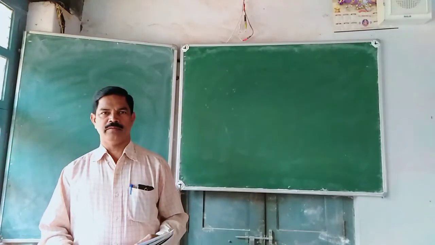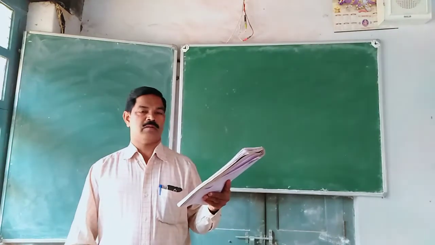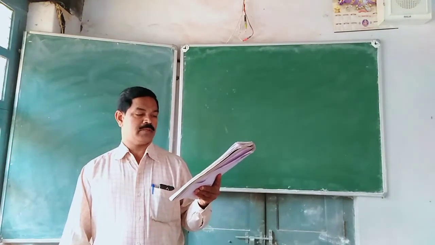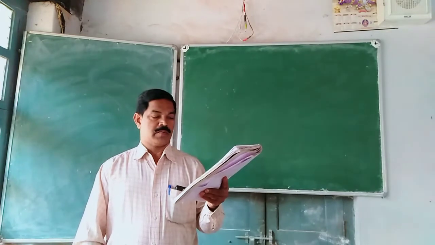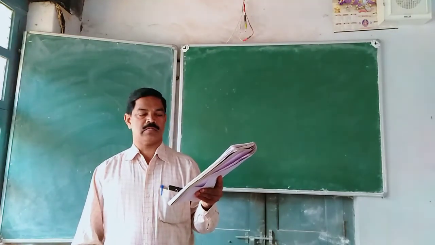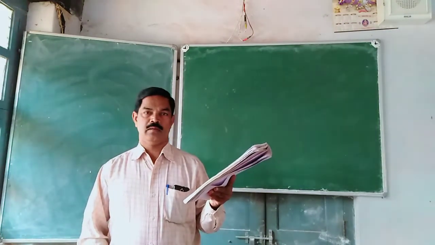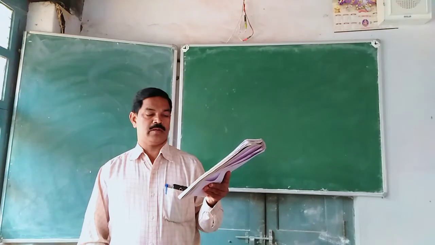Problem number 7. Prepare job cost sheet for job number 303 from the following. Materials rupees 4010. Wages Department A 60 hours at rupees 30 per hour. Department B 40 hours at rupees 20 per hour.